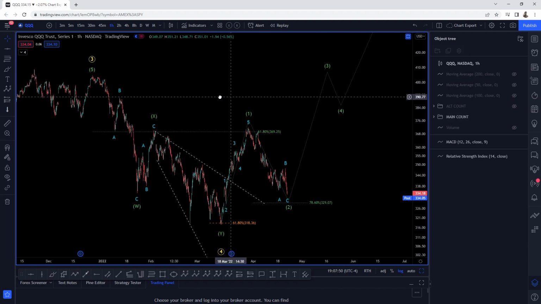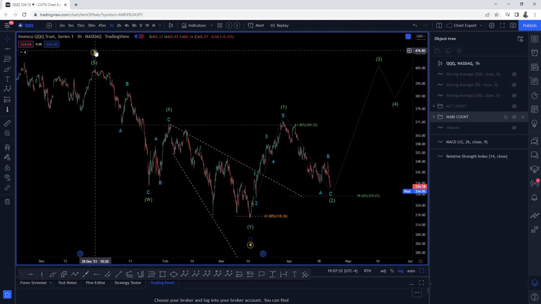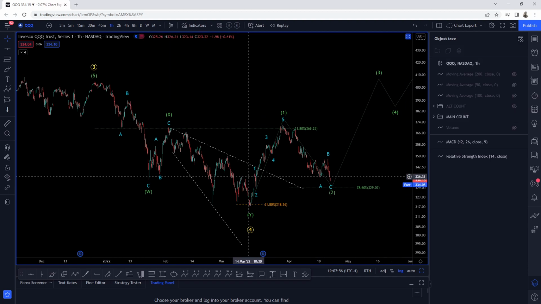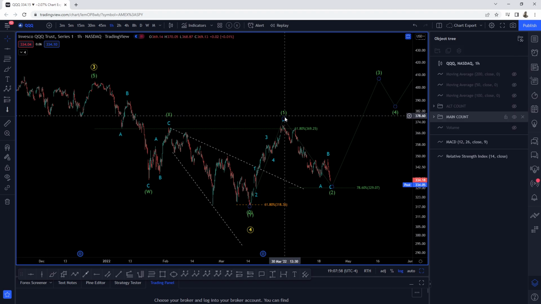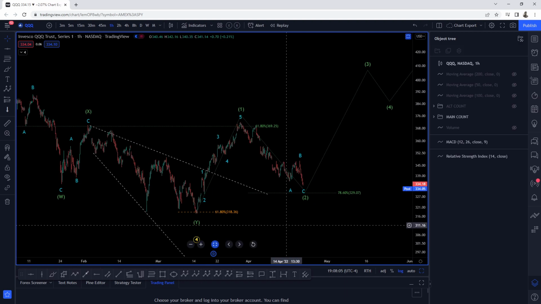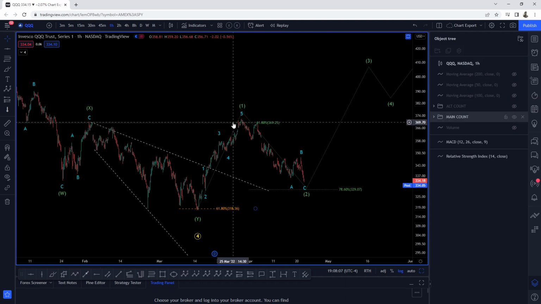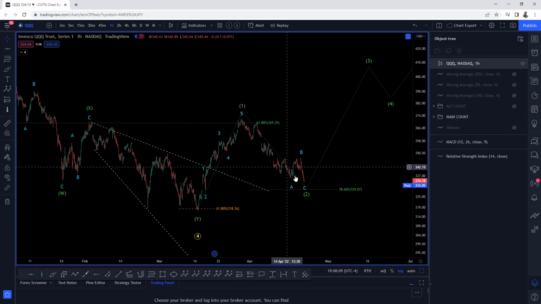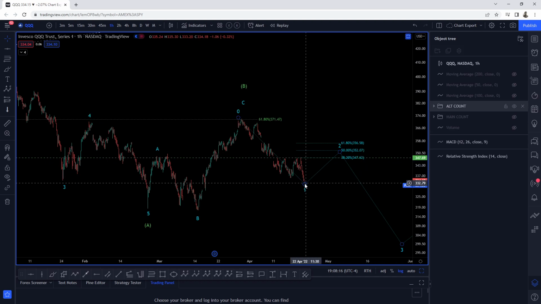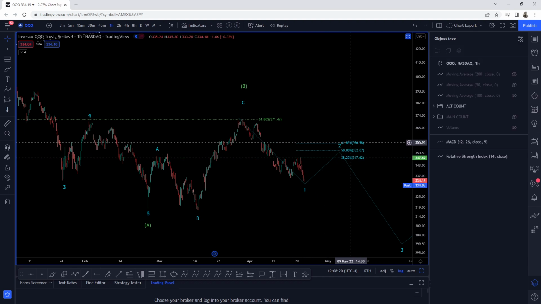So our main count, right, will suggest that the wave 3 completed on December, wave 4 completed on March the 14th, 1, 2, 3, 4, and 5 to the wave 1, right, A, B, and this will be a very shallow C wave. So markets are, it's do or die at this point, right? We cannot, under any circumstances, start breaking lower beyond the 786, which is why on our alternate count, we want to see potentially this be the case to start heading higher. This is the zone where we will know the truth.